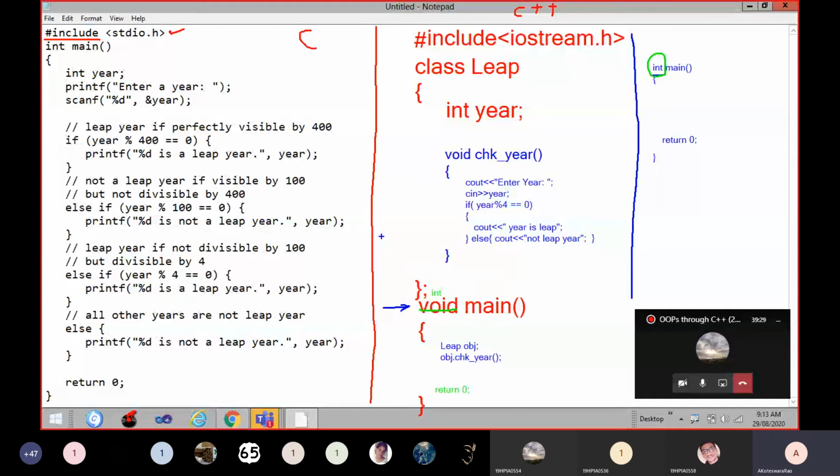Actually, the execution control is always with the operating system. Whenever you are trying to execute this C program or C++ program, the Turbo C or C++ environment sends a request to the operating system. It may be Windows 7, Windows 8, Windows 10 or any other operating system, that is not a matter. We will get control from the operating system to the main function.